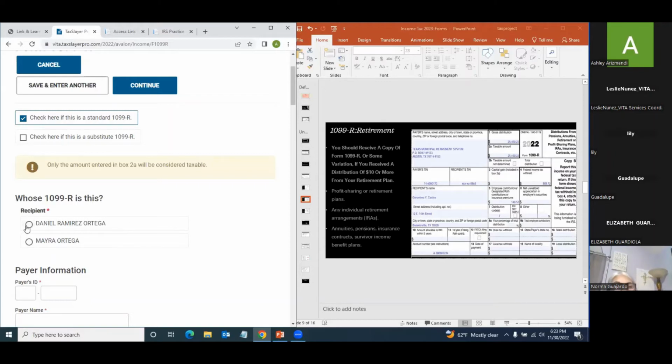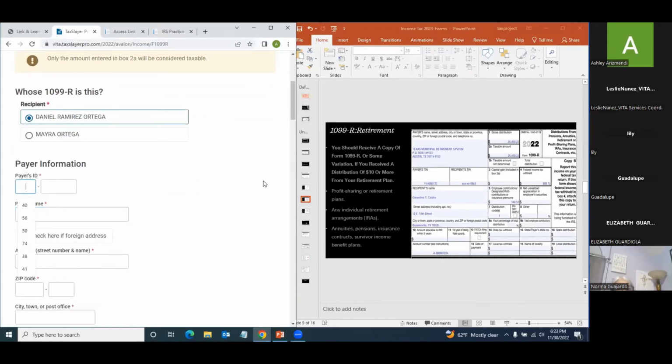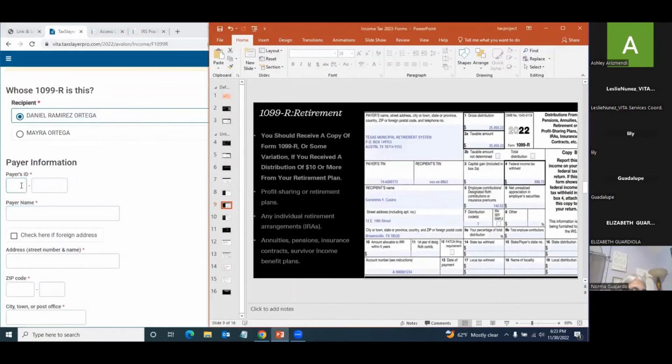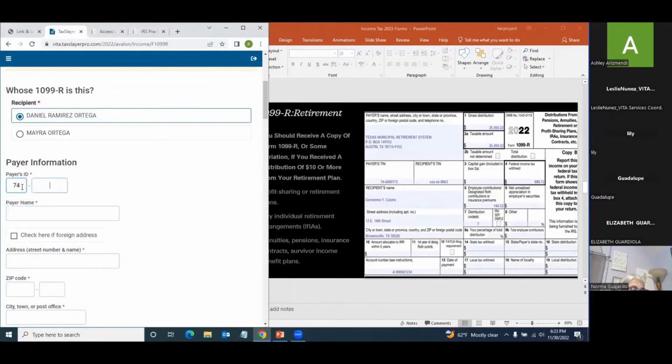And then we're gonna click him as being the taxpayer that received it. And the payer's ID is which one? Oh, can't see it, but let me see. It says 74... 746